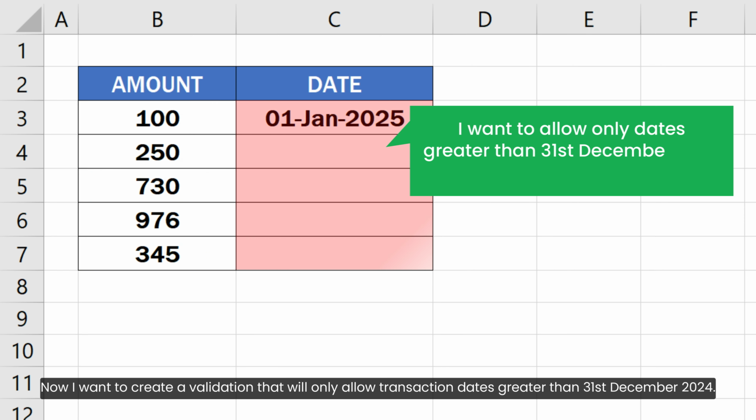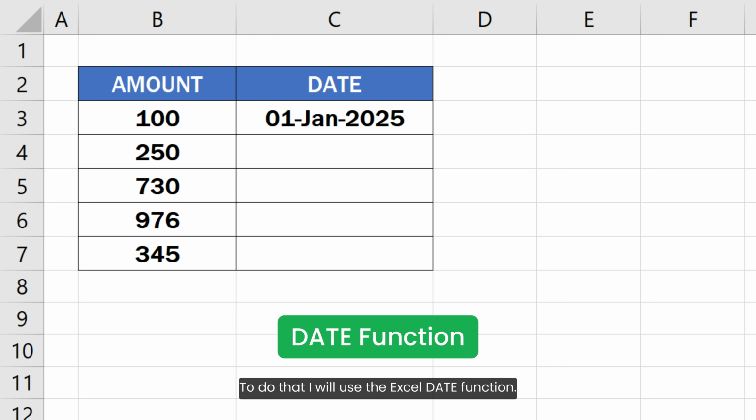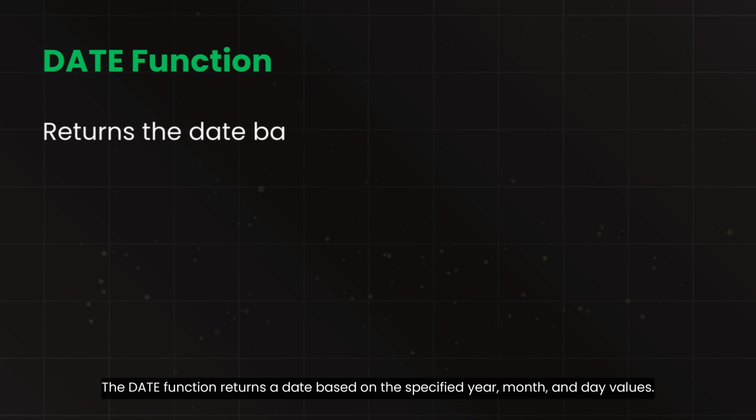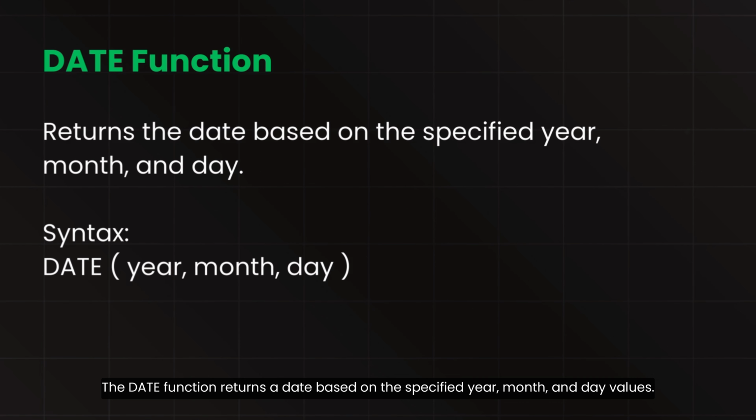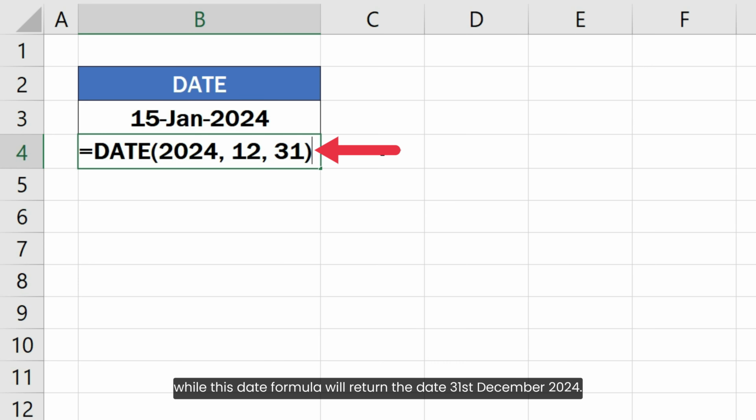Now I want to create a validation that will only allow transaction dates greater than 31st December 2024. To do that, I will use the Excel date function. The date function returns a date based on the specified year, month and day values. For example, this date formula will return the date 15 January 2024, while this date formula will return the date